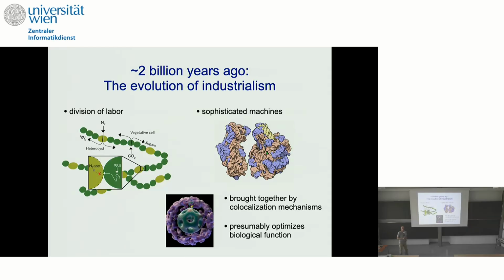And I guess we can argue that biology has discovered all these things long ago. Yeah? So we have division of labor between cells, and we have sophisticated machines, and they are brought together by co-localization mechanisms. And we don't always know what they optimize, but presumably evolution tuned them, yeah, to optimize